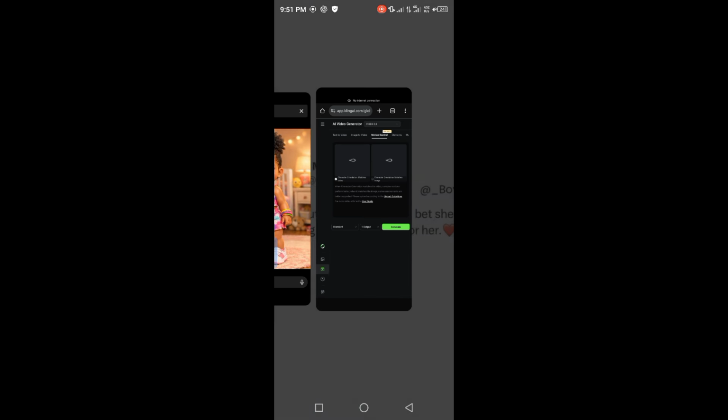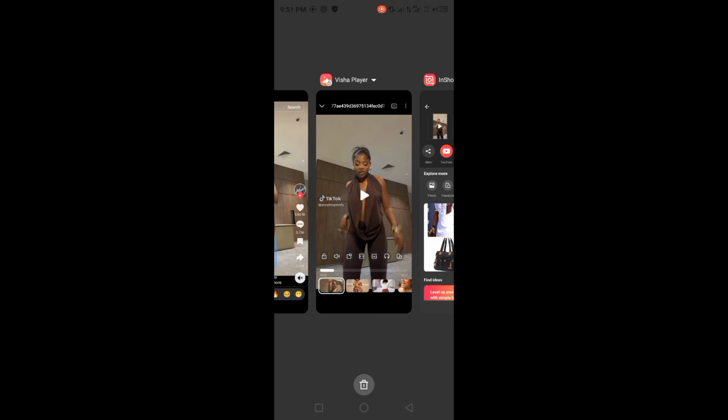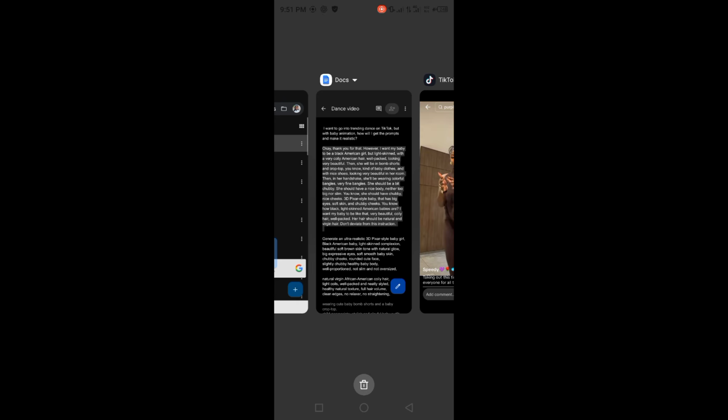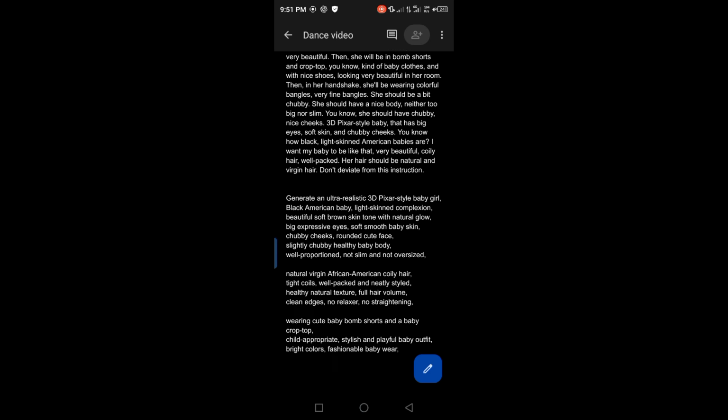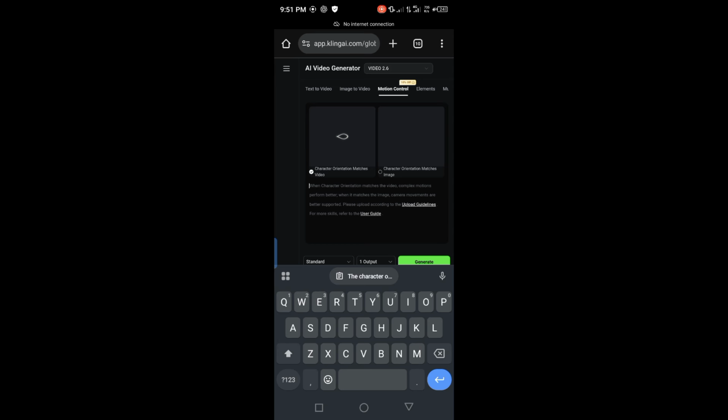I already have my prompt, so I will just simply copy and paste. I said the character of the uploaded image should replicate the exact movement, expression, and dance steps as shown